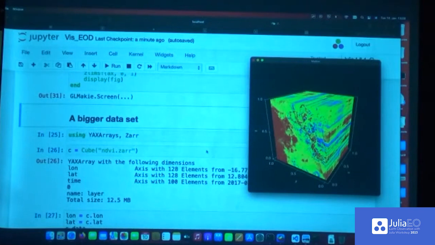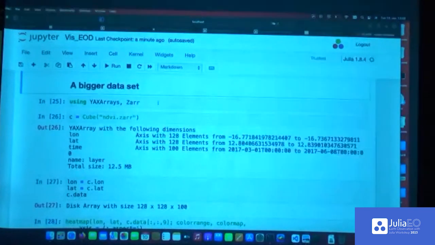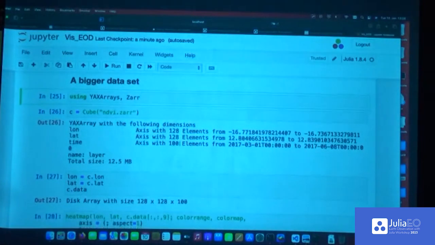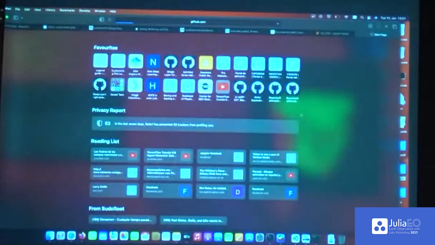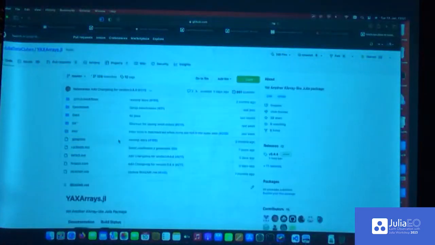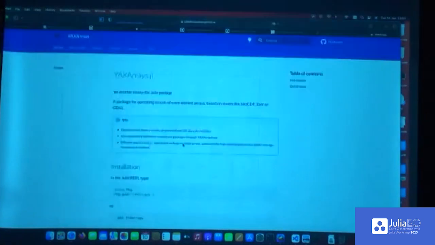And as my last example, I prepared this SAR file, which is also in the repo. If you instantiate your project and have everything there, you should be able to use JAX arrays and SAR. Speaking of SAR, sorry, I will take a small detour again. If you go to JAX arrays, this is a package that I'm using to load the data. And in JAX arrays, there is an example where